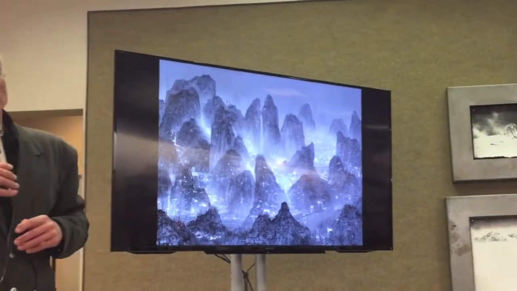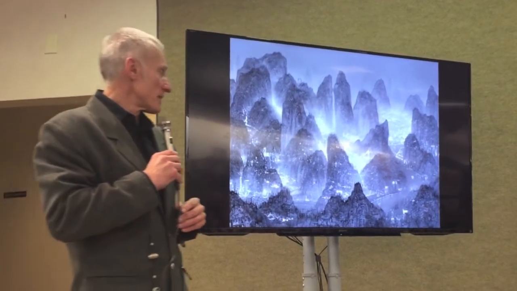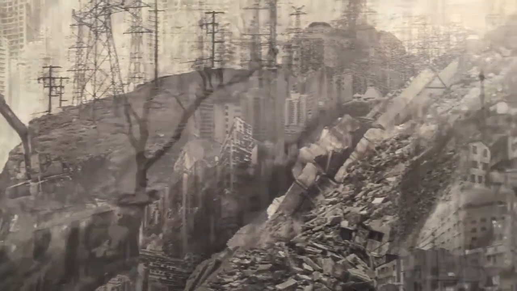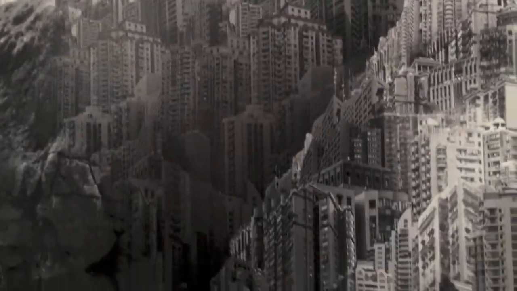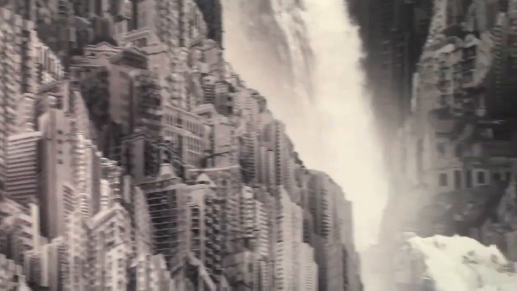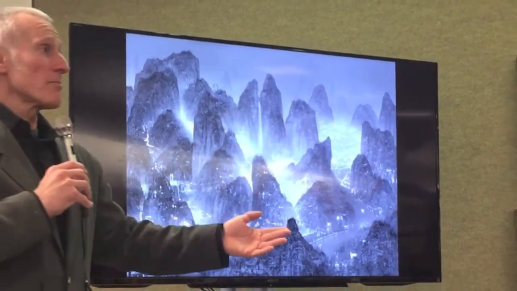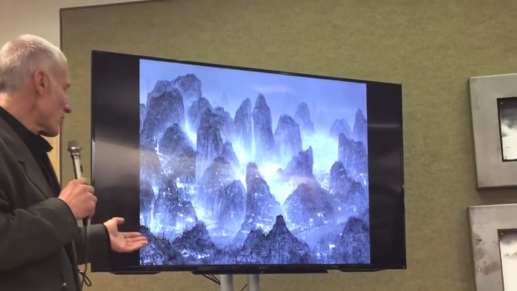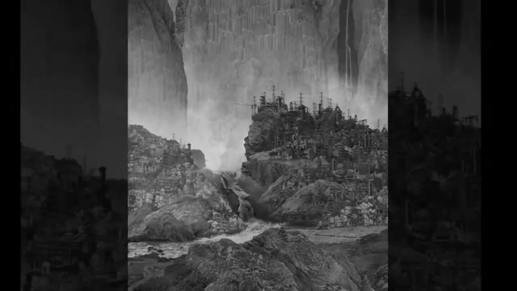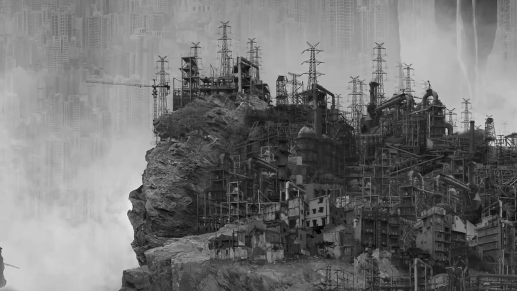A lot of his work is also very large, so I had the opportunity to see a number of his pieces both in Chicago and New York, and he'll have a piece like this that's printed on paper, and this might be 16 by 24 feet or something like that. You walk into a room and you're struck by the beauty of the traditional work, and then you go up close and you see that these are skyscrapers and they're not trees, they're electrical towers and construction cranes and so on and so forth. So it becomes this much more revealing thing that you discover on seeing it.